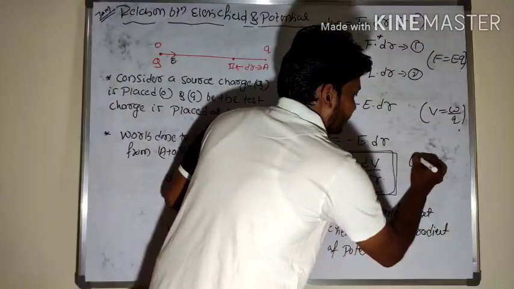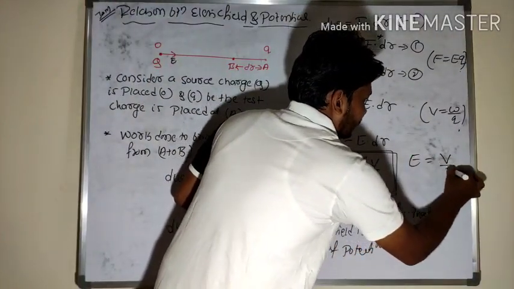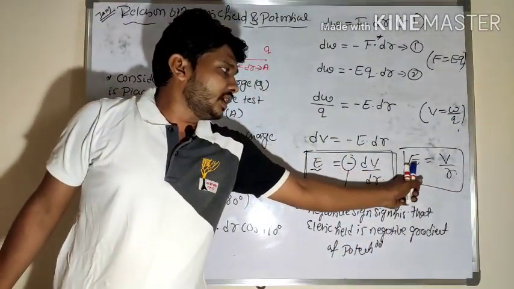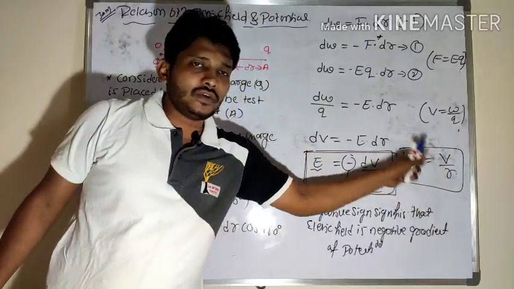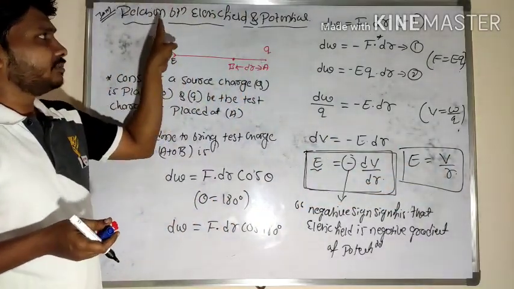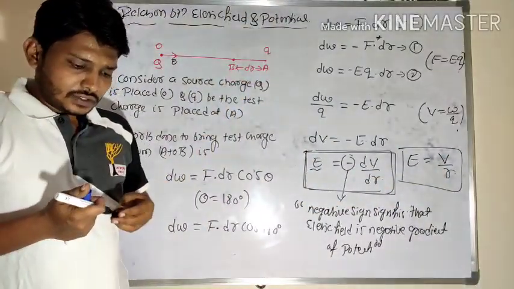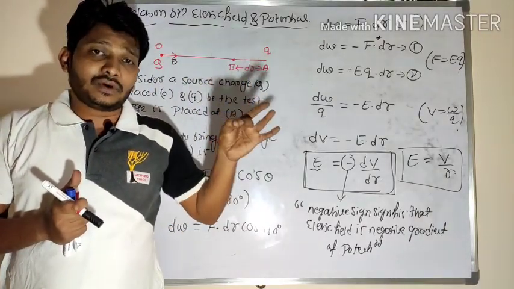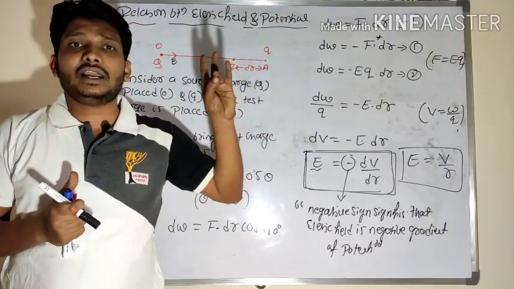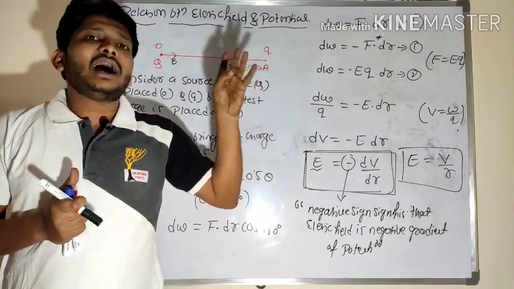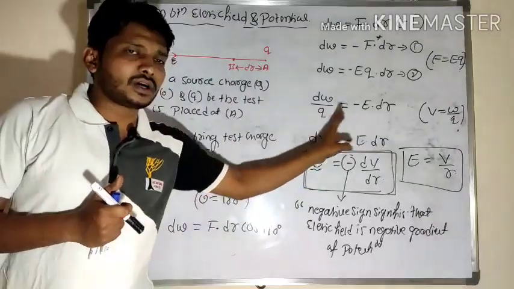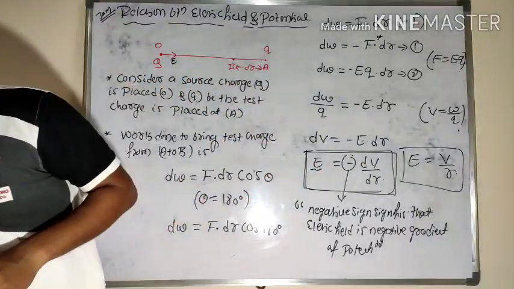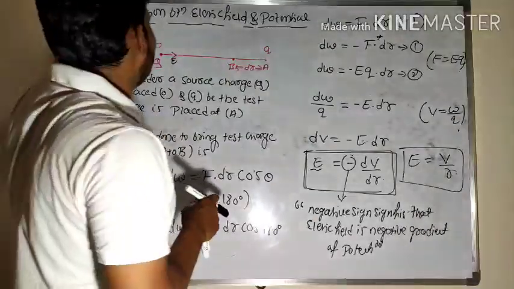If you write in terms of magnitude, simply you can call E is equal to V by R here. If you consider only magnitude, I will write that equation as E is equal to V by R. So this is about the relation between field and potential. Already I got the electrostatic potential equation due to an isolated point charge, electrostatic potential due to a dipole, and I got the relation between field and potential. Related to these formulas, let me solve some numericals related to potential here.